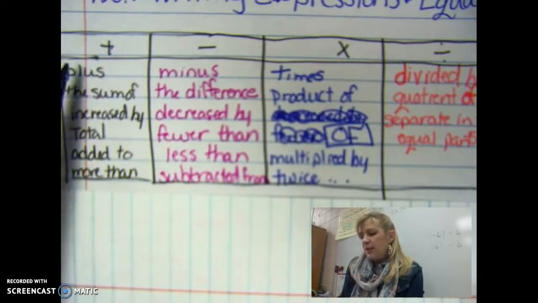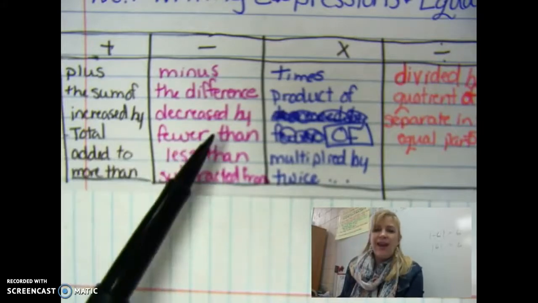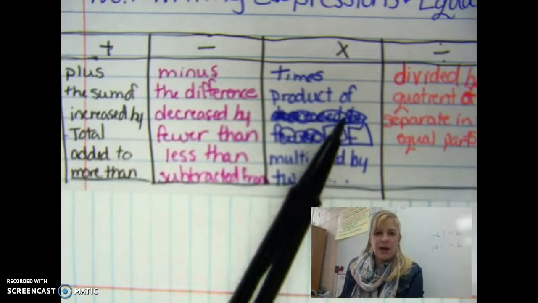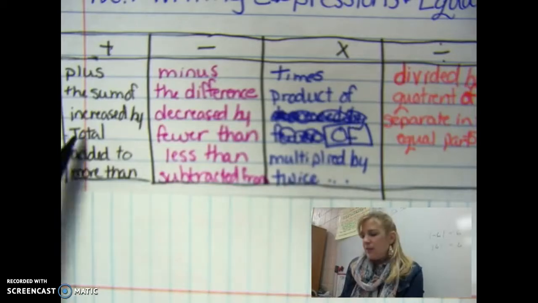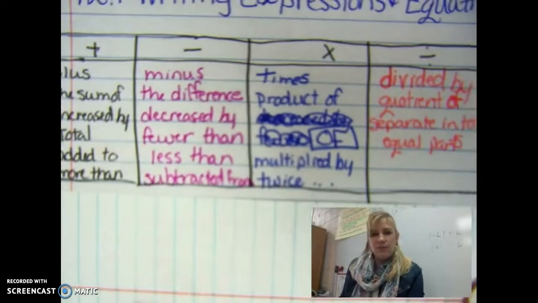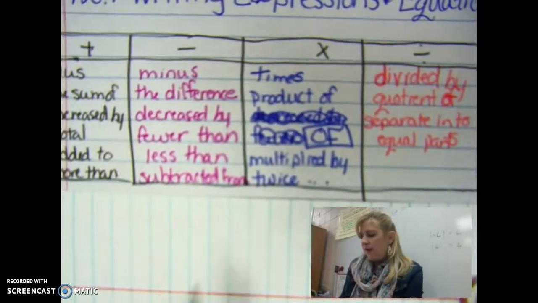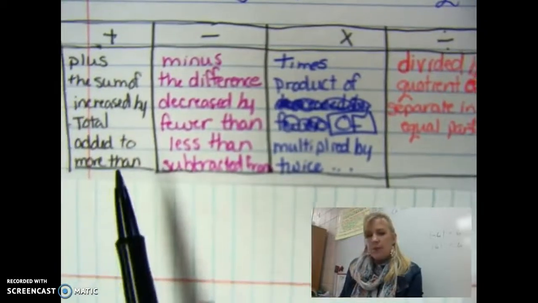So just for example, addition is plus: the sum of, increased by, total, added, or more than. Obviously, total can go for some of the other ones depending on how they word it, but a lot of times when you're asking for the total of a couple of different groups, it is an addition thing rather than a multiplication or one of the other operations. So make sure that you have these written down, and we're just going to move on,